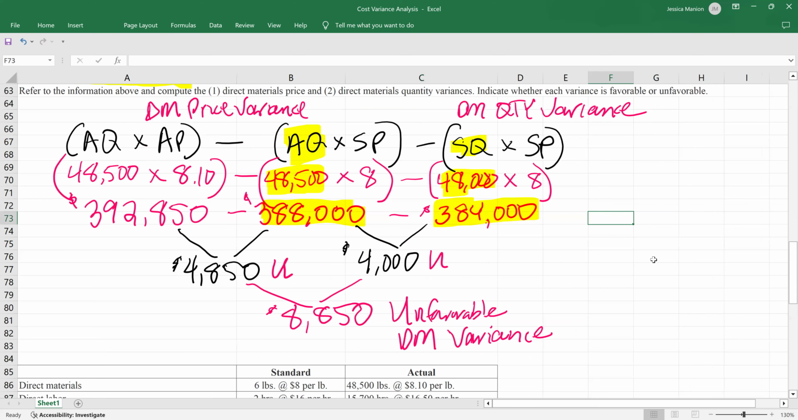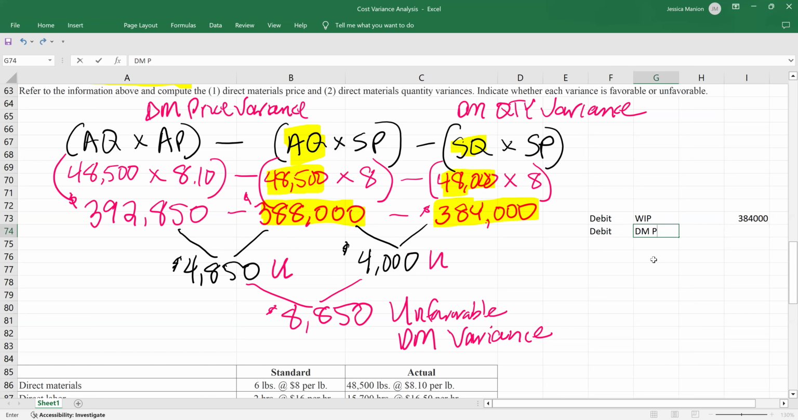So remember, if it's an unfavorable variance, then we debit the variance, right? If it's favorable, we credit. But obviously, we've got two unfavorables here, but we're going to debit work in process for the standard amount. 384,000 would have been our standard. And again, unfavorable variances we debit. So we're going to debit